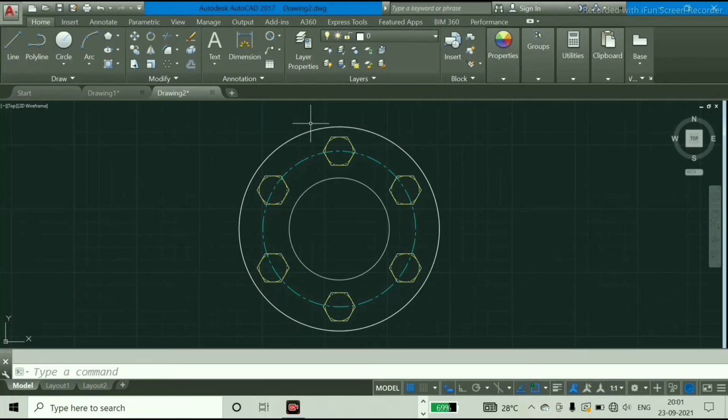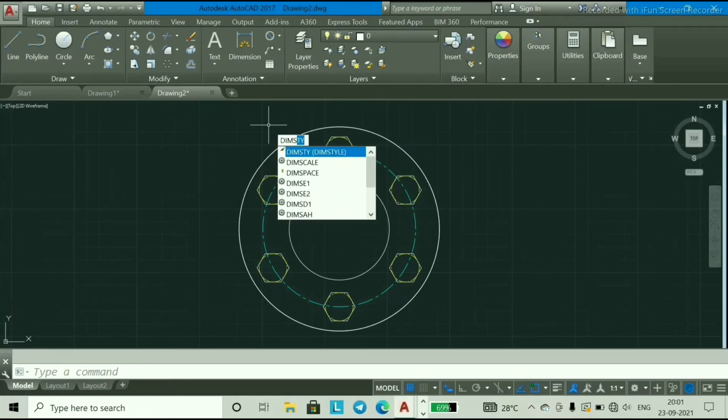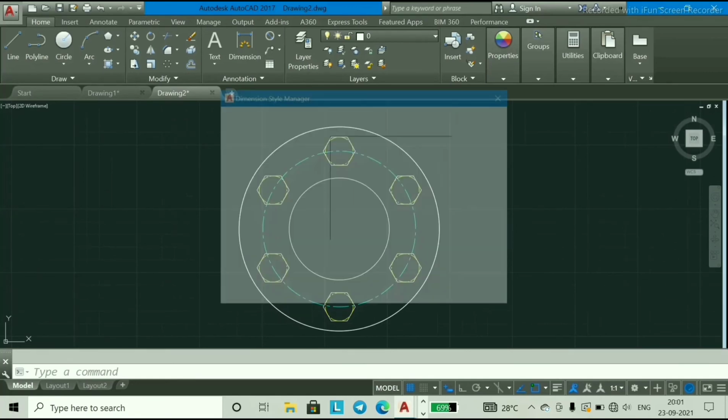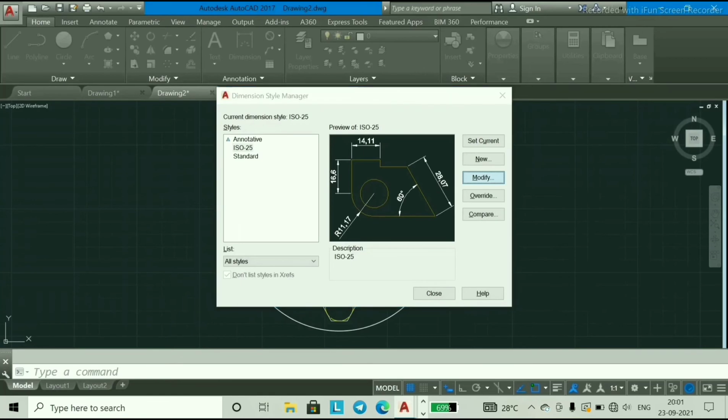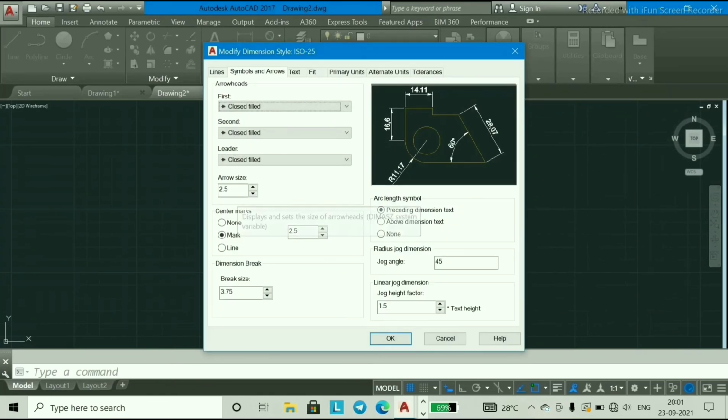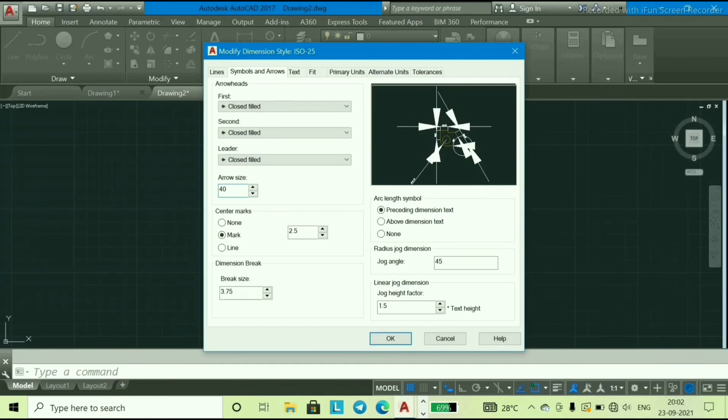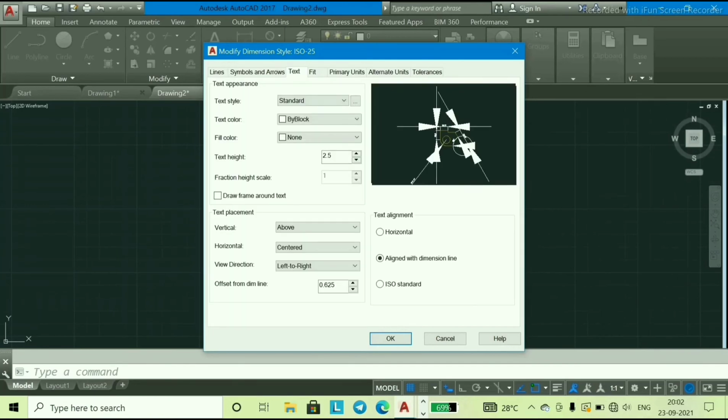If you want to give the dimension, you can give it, but first of all we will set our dimensions properly so that it will look nice. So press DIMSTYLE, that is dimension style, enter. Here you can see the dimension style manager dialog box has appeared. Now go to modify and make the arrow size 40, enter, and text height 45, enter.